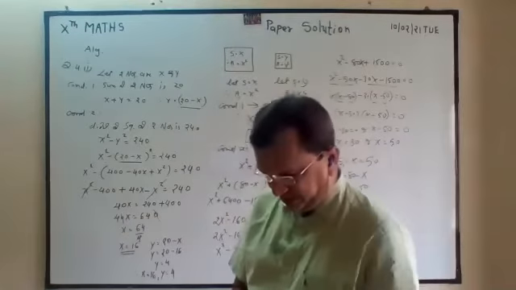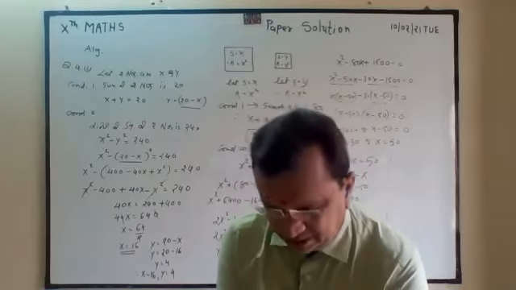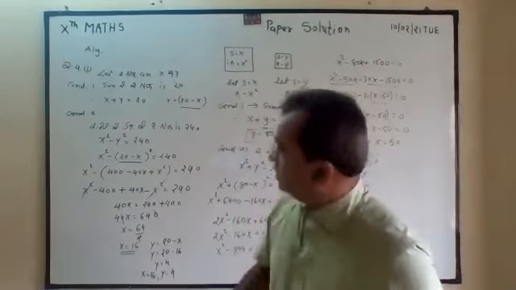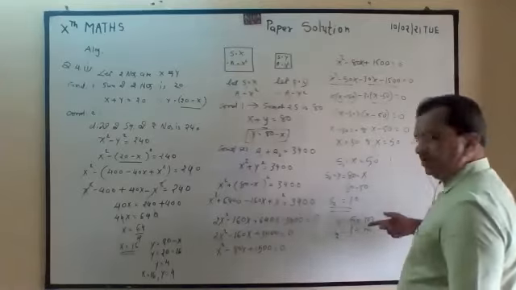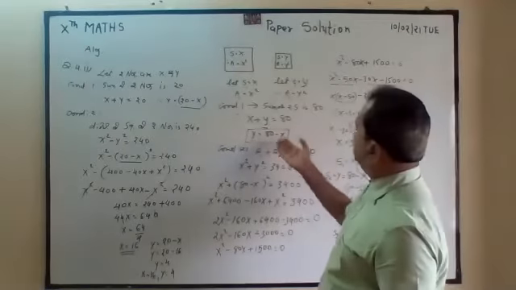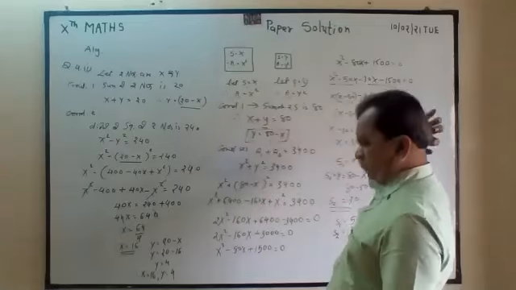Again I am explaining. Both answers are correct, 50 and 30 or 30 and 50. Because here the sum is given, not the difference is given, so we can make out smaller and bigger one.